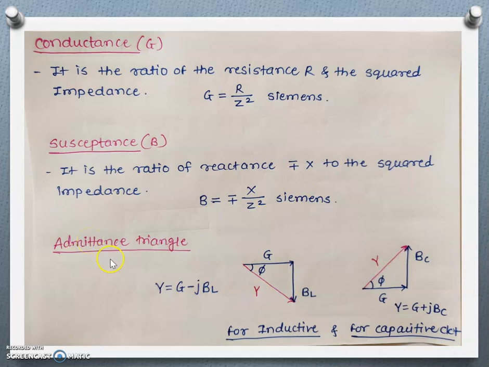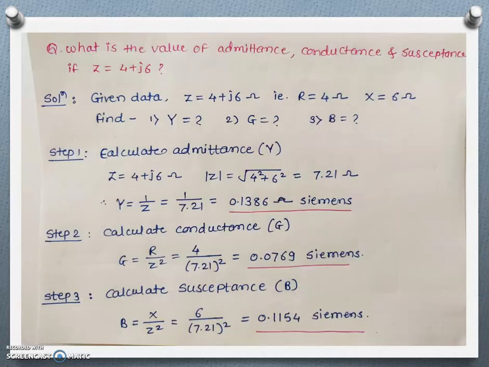Similarly, as with the impedance triangle and power triangle, we have the admittance triangle, which graphically relates G, B and Y, that is conductance, susceptance and admittance. G minus jBL, so this will be the real part G, minus, so in the downward direction BL, and this is the combination of these two, Y, this is angle phi. This is for inductive nature and this is for capacitive nature. G plus jBC, this is capacitive susceptance. This is the G, this is in the upward direction BC, and this is the combination Y. This is for capacitive circuits.